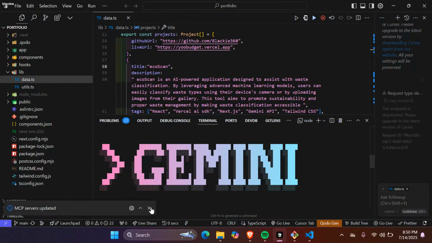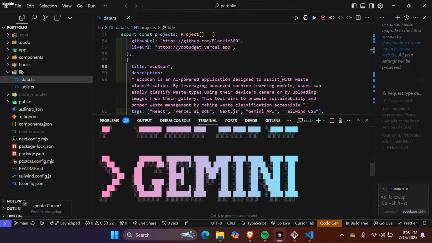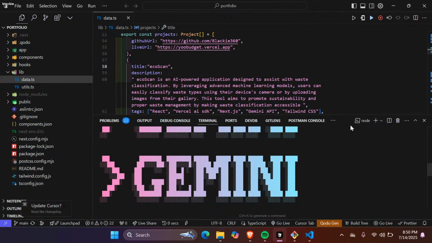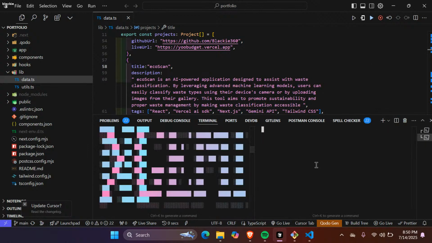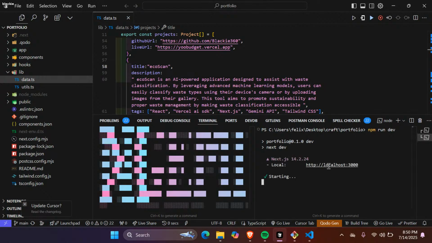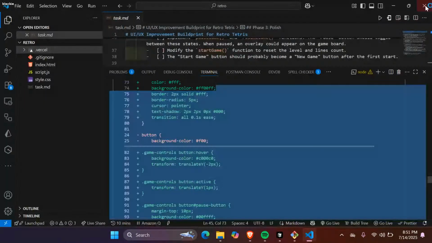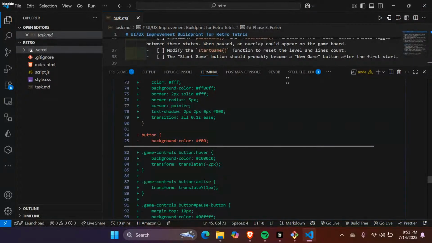This is a portfolio of mine. What I want to do, I've not done it on this project, but what I want to do is, just a minute, npm run dev. We started from small basics. We can close these. So this is Cursor.